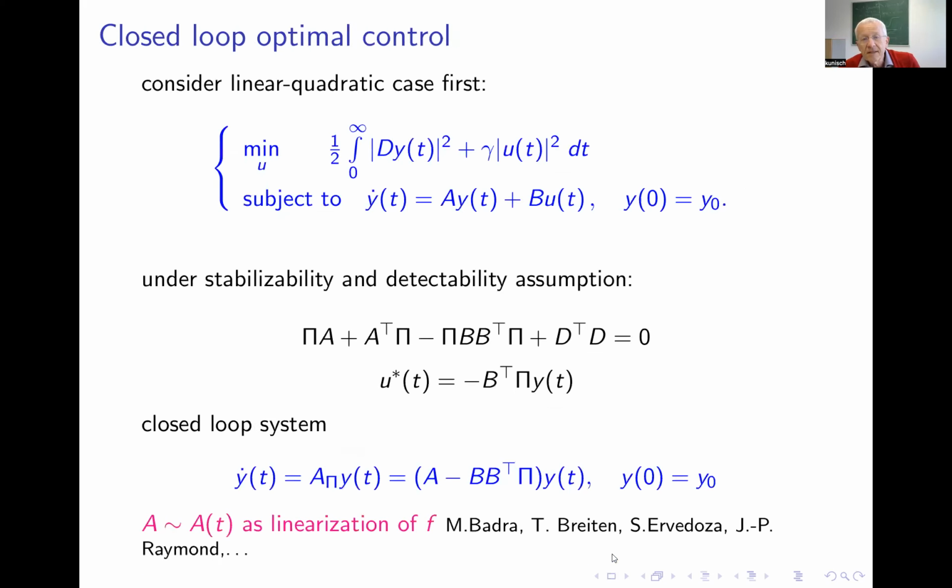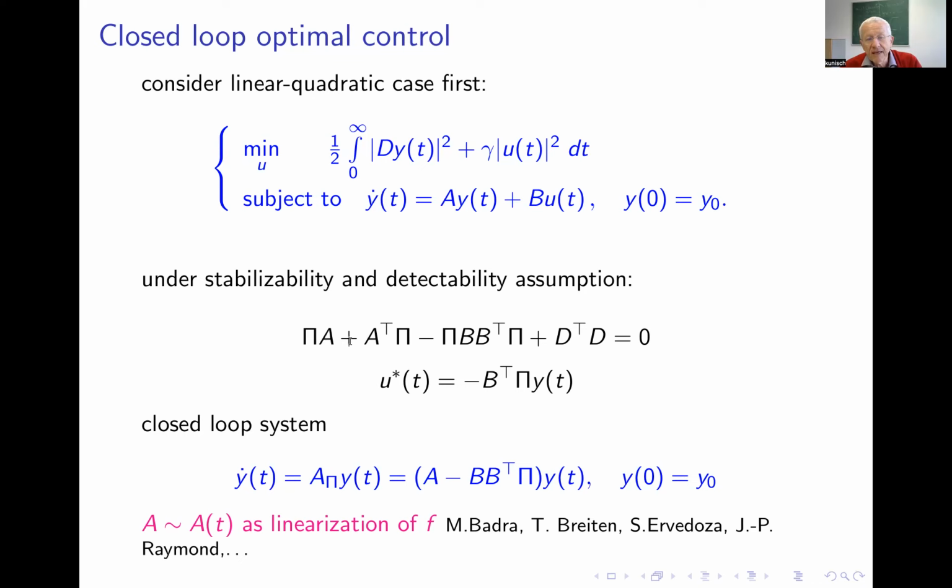Okay, since I'm not assuming that all of you are familiar with closed loop control, let's start with a simple problem. I have a linear dynamical system. A is a matrix, in case we are considering an ODE, or the ordinary differential equation, or you may think of the Laplacian if you want to think of diffusion processes, or a linear operator. And I have a quadratic cost. Then, under some technical assumption,